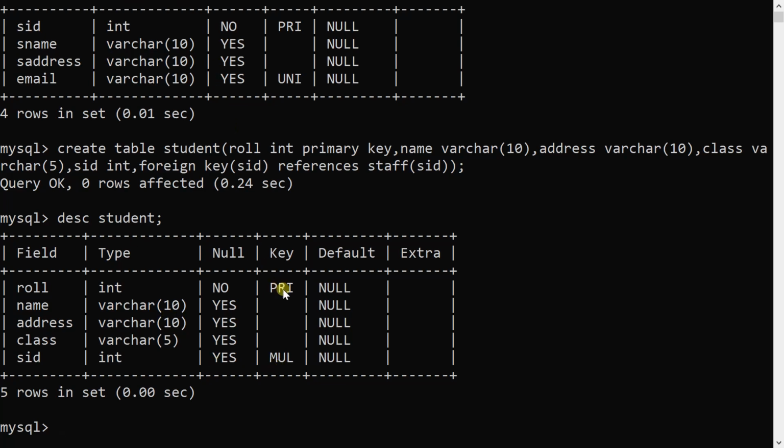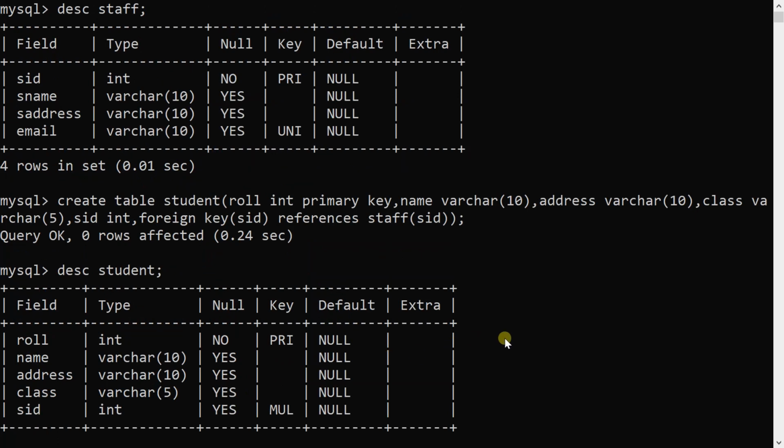Which type of relation is this? This is a binary relation. Two relations are there, staff and student, and I can relate both entities with the help of SID.